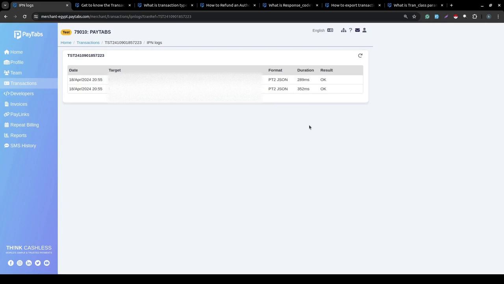So if you are looking to view whether any IPN or any transaction details were sent to you or not, you can simply check this result. Here, if it's successful, you will see that there was an IPN sent to this domain or this endpoint by you. It was sent in this format at this date, and it was sent successfully. However, if it failed for any reason, like this one, for example,